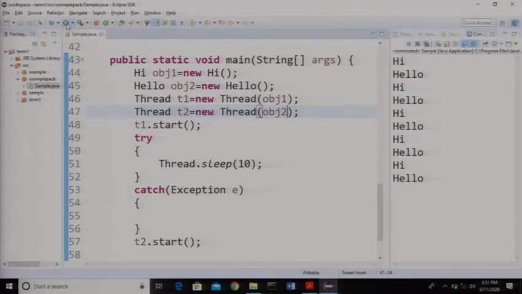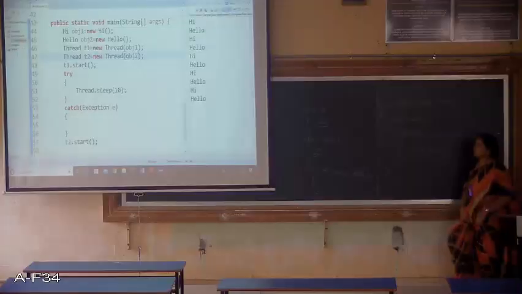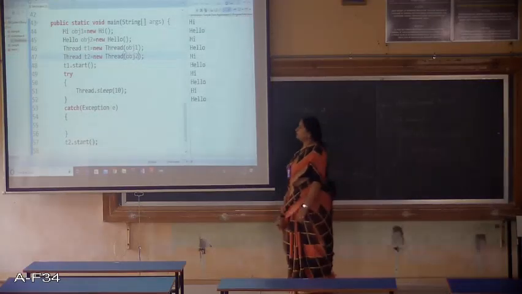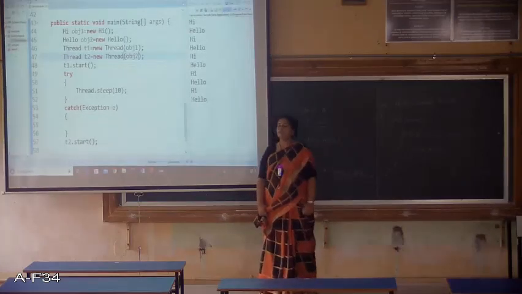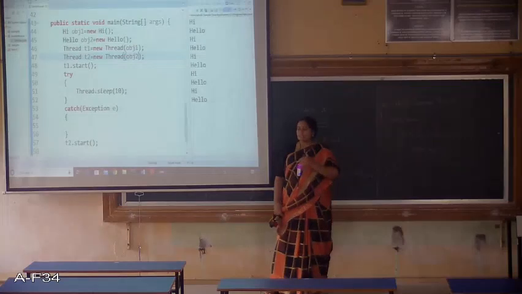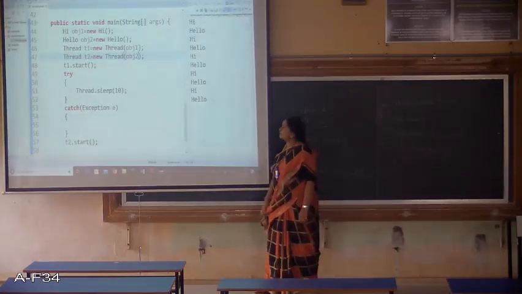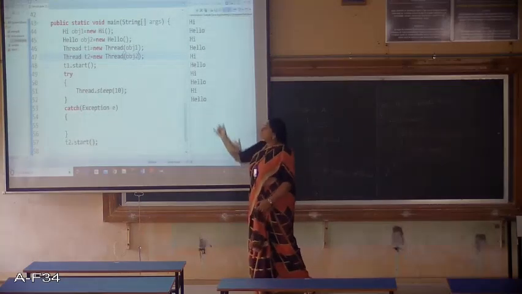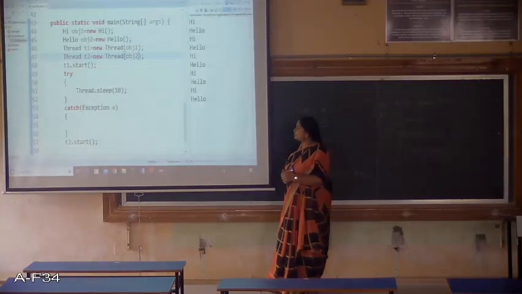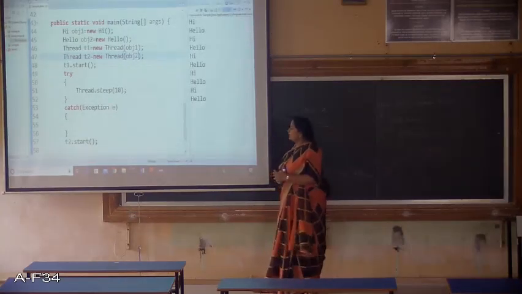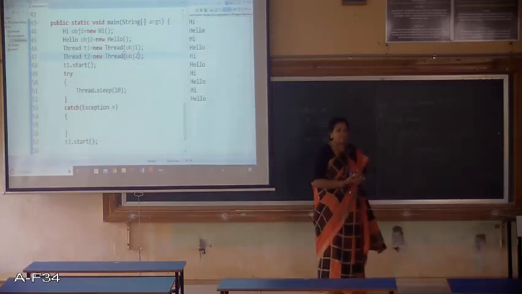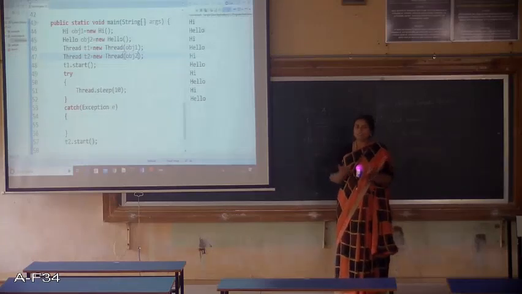So what we did here is we made some changes. We removed that extends thread keyword and then we used implements runnable, and here we created two threads. The necessity of creating those two threads was, to run any thread we need to call the start method.